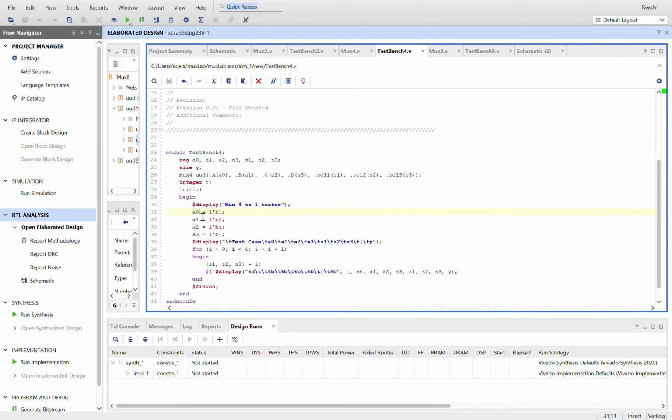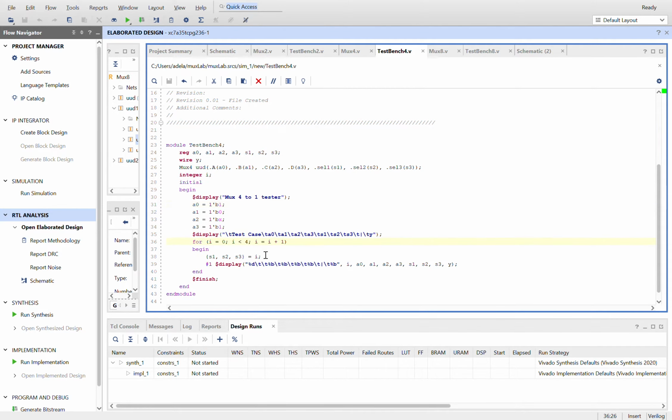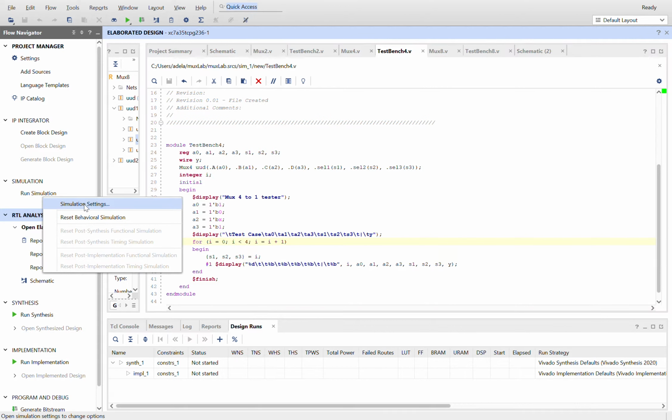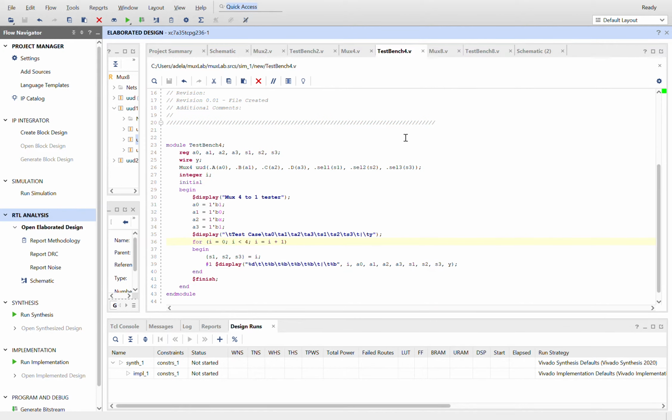Begin it, we have A0 equals 1, A1 equals 1, and all this, which is what you gave in the instructions. Then we display all of our inputs, run the loop, implement it 4 times for each input. Then begin, it runs through it, and it finishes. And when that runs, it should